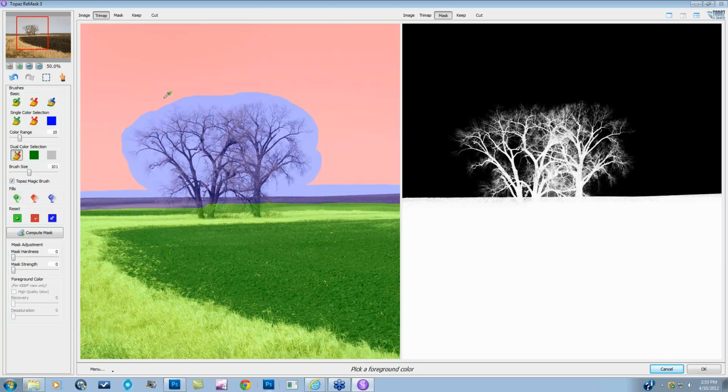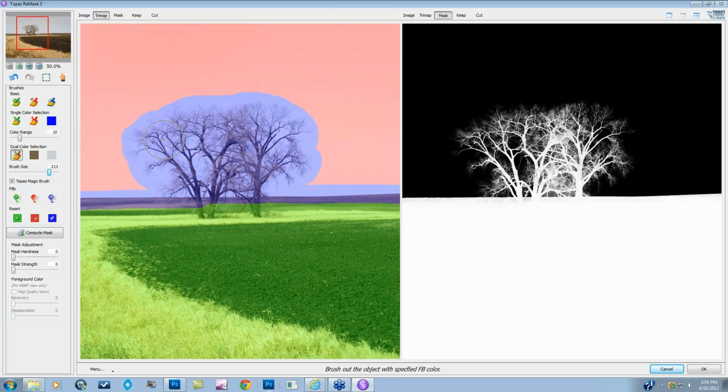So you put the green eyedropper in an area that you want to keep. So I'm going to click on a part of my tree, and you'll notice that my little color swatch just changed to this brown color. Then automatically your eyedropper turns into a red cut eyedropper, and you just select the cut color that you want. And I'm just going to select a portion of the sky through the trees. So now I have my two